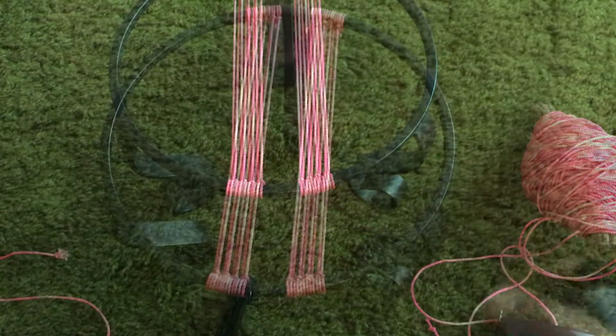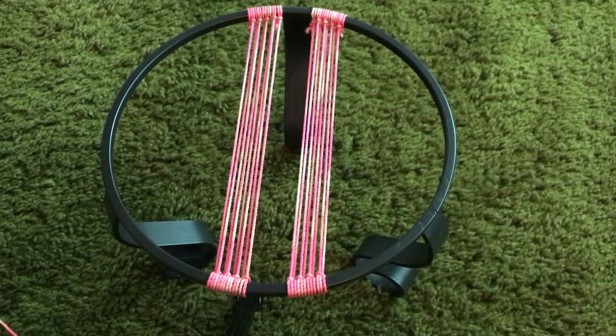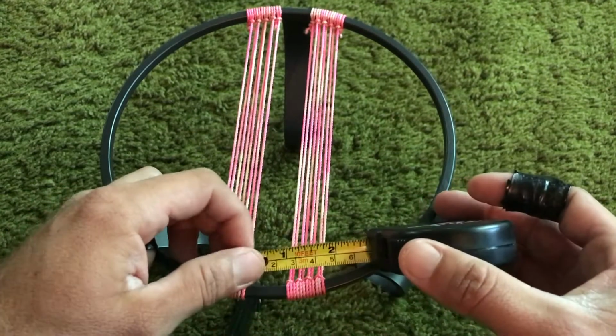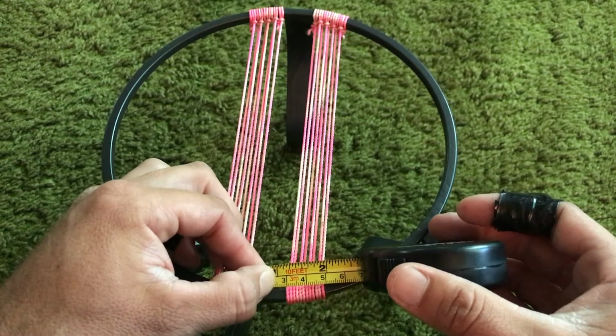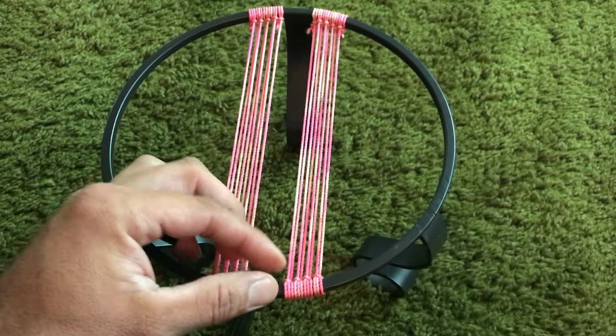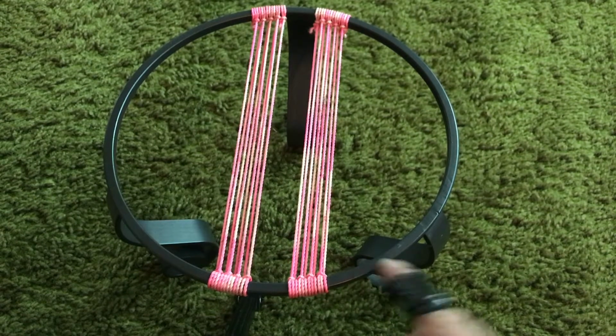Okay, so I cut out the piece of cord that I needed, and then I'm just going to go over where I do use millimeters. So just real quick. Here you can see it's about 2 centimeters. And it's a lot easier just to see how much you need this way, going by 1.5 millimeters, than just doing